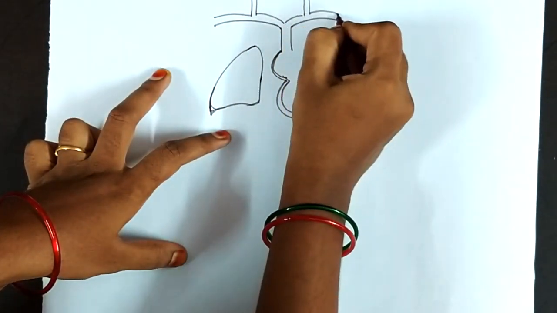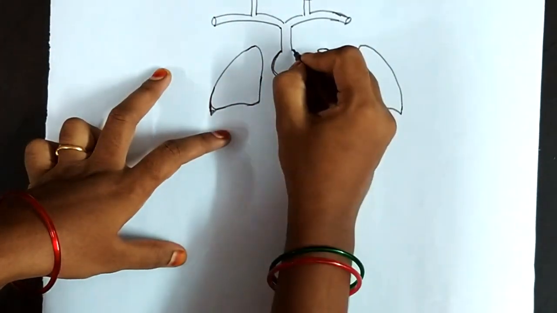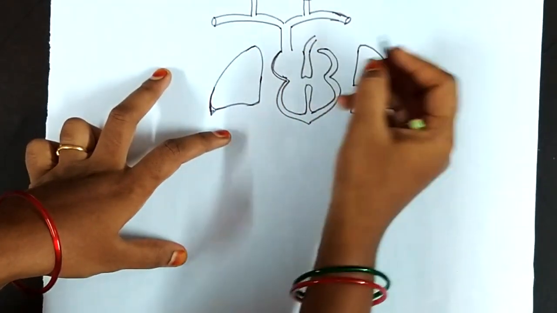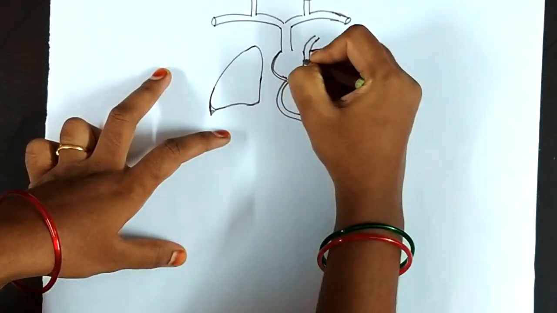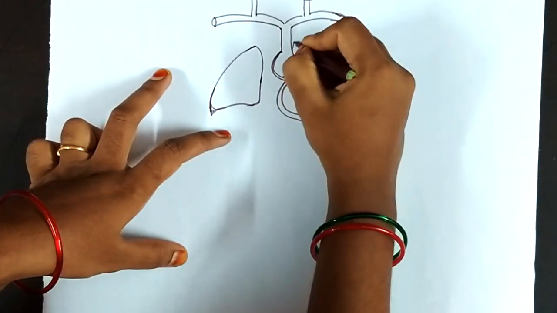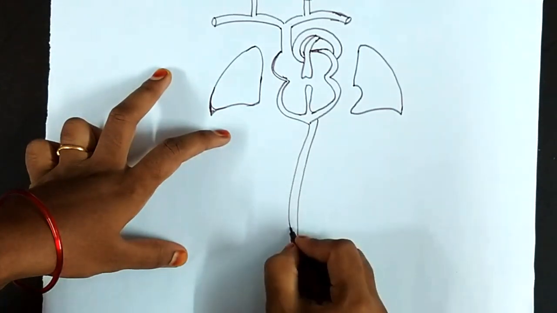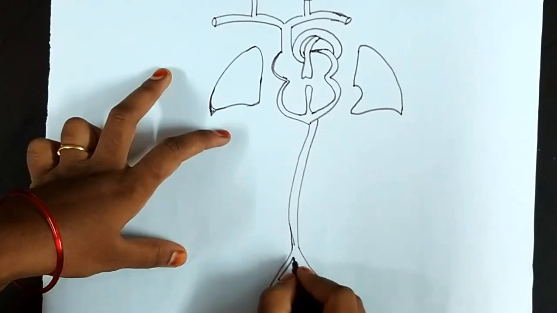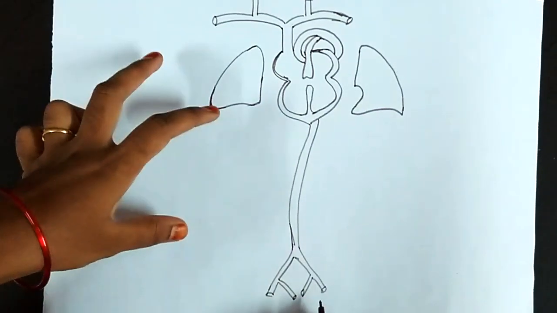This is the heart, superior vena cava with its internal jugular vein. Right and left brachiocephalic veins combine together to form the superior vena cava. That is the pulmonary trunk. This is the aorta, descending thoracic aorta, which divides into two common iliac, external iliac and internal iliac. Inside branches are internal iliac, outside are external iliac.